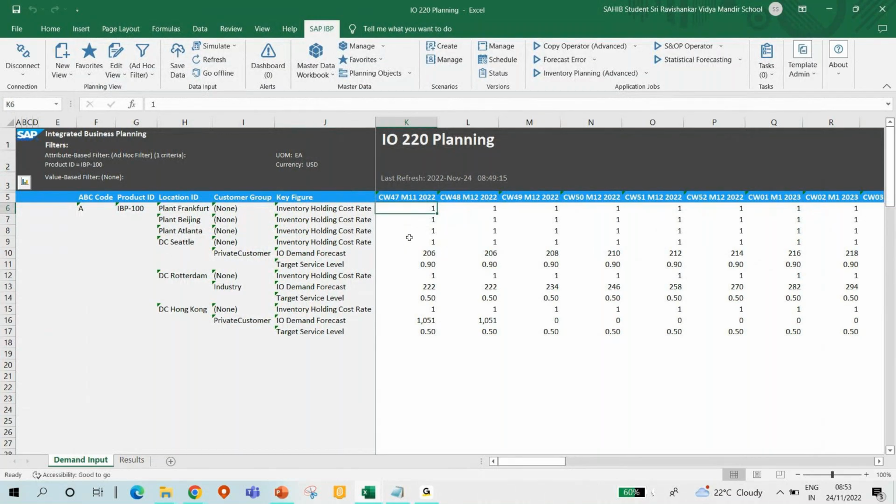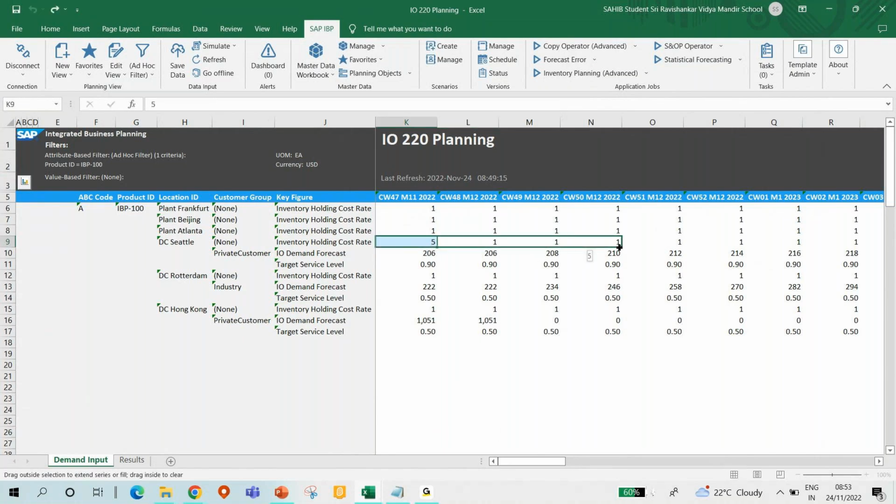So let's say that for one of the plants, if we increase it, let's say for that CETAL, if we put this inventory holding cost rate to, let's say, 5, then what it will do is,